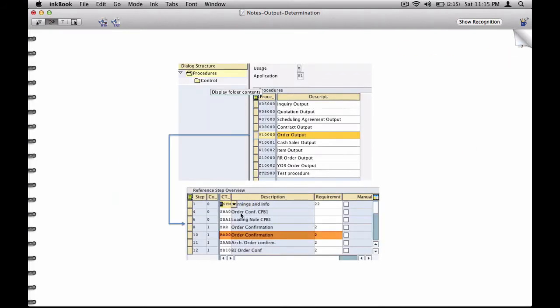Alright, so we are walking backwards here. We've got our procedure, and the procedure has been assigned. Now we need to look at a sample procedure. The standard output determination procedure that is assigned to OR or ZOR is V10000. Not very important, but what is more important is to understand